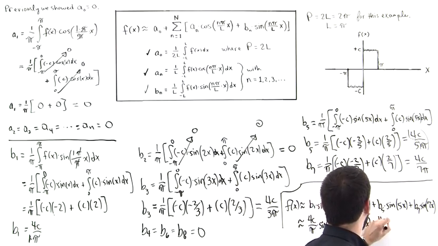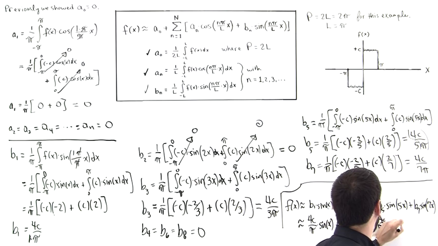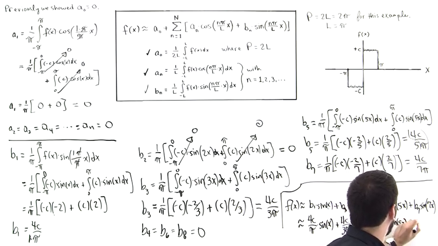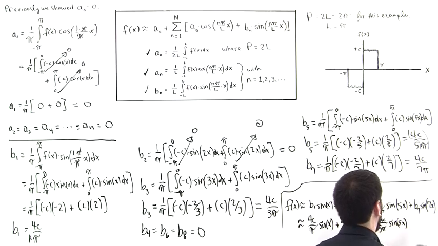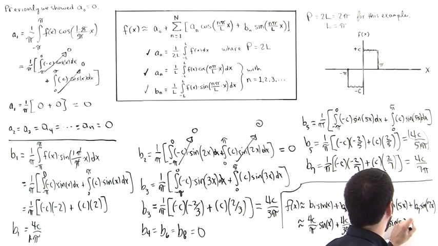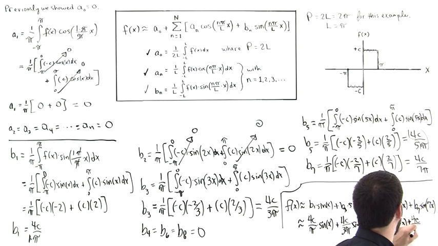Plus 4c over 5 pi times the sine of 5x plus 4c over 7 pi times the sine of,